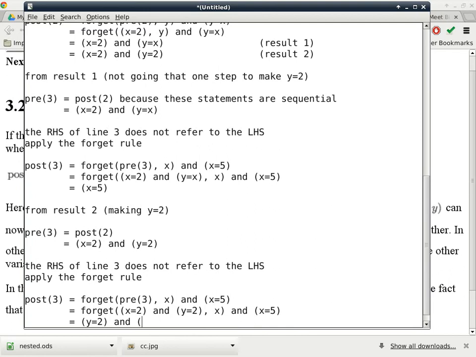So once we keep it from the forget operation, the end result of post 3 is y equals 2 and x equals 5. So when you compare this conclusion versus this conclusion, the second conclusion from result 2 is more restrictive. It has more information in it. And that's the way we want it because the post condition, you can say, okay, what is a post condition of a statement? Oh, it's true, right? Well, as long as the statement is reachable, yes, that's something that you can say about the post condition. Does it really help you analyze the